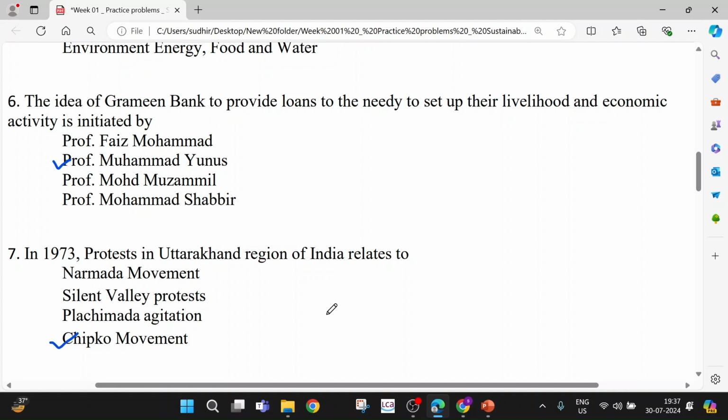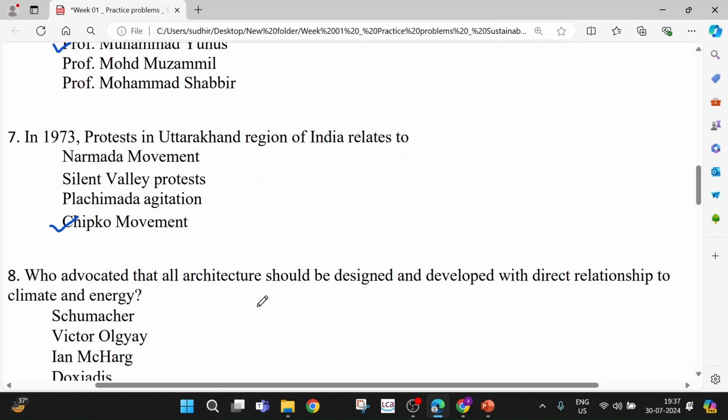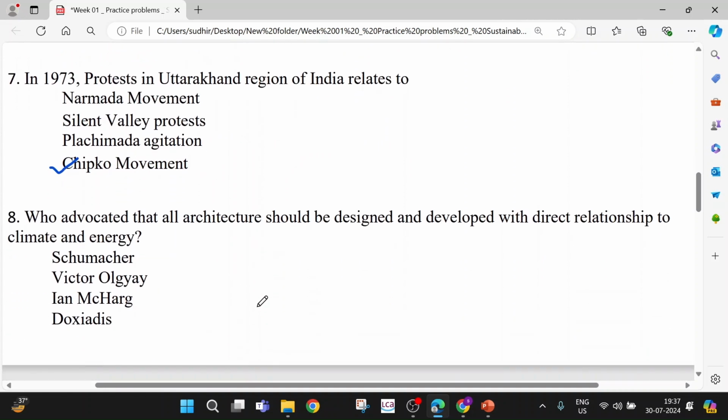So can we move to question 8? Yes, sir. Okay. So I think this is question 8. Try to answer this question. Victor Olgyay. Pardon? Victor Olgyay, option B. Okay. Option A, Aditi is saying. So I think